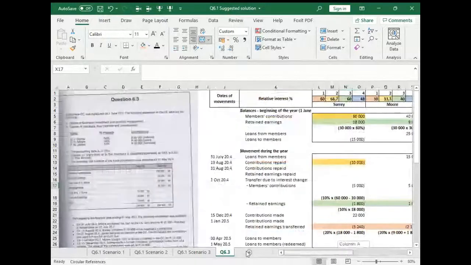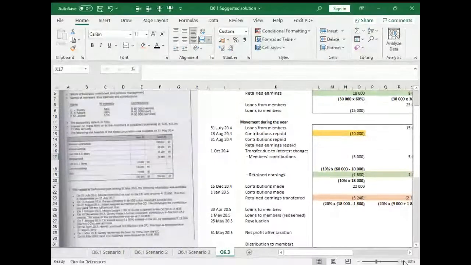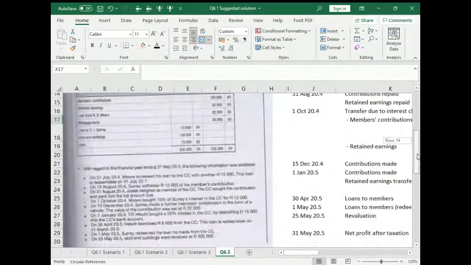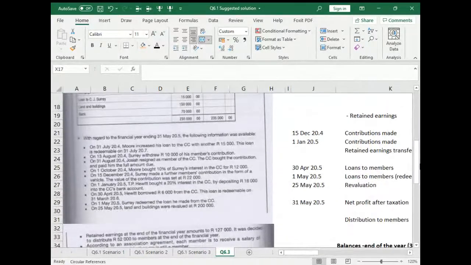Okay, so if we then go on with the transactions, let's just increase it here quickly. Okay, so on the 30th of April, Hewitt borrowed another 6,000 from the CC. So that is a loan to the members. So Hewitt is taking money from the CC, and that loan is redeemable on the 31st of March 2006. So only in the following year is it redeemable. So what we do then,